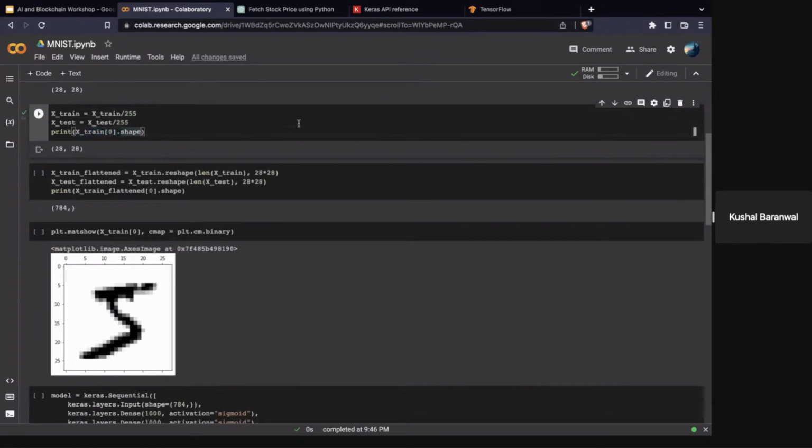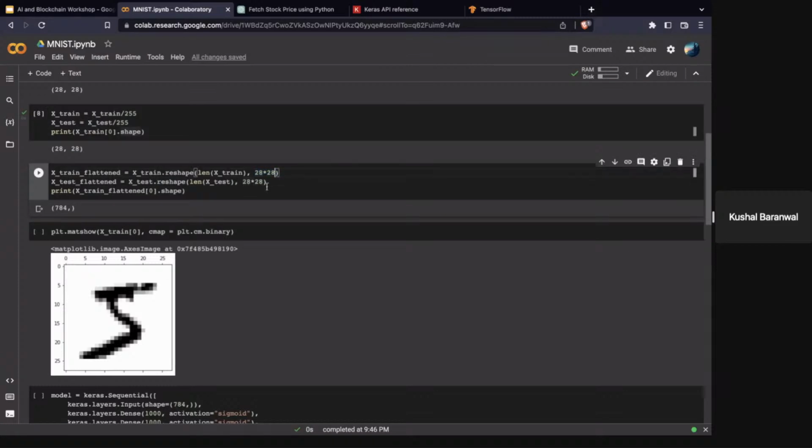Now to do that, Keras has a built-in reshape function, which is quite useful if you ever have data that's not in the right type. In this case, it takes in all these X trains, and it's going to change them from 28 by 28 to 784, right? 28 times 28 is 784.